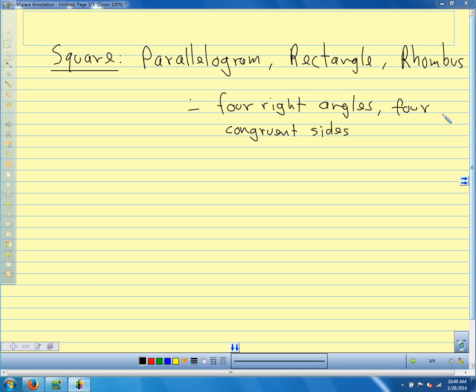So a square has all the properties of a parallelogram, all the properties of a rectangle, all the properties of a rhombus. So part of that is it has 4 right angles, 4 congruent sides, and the diagonals